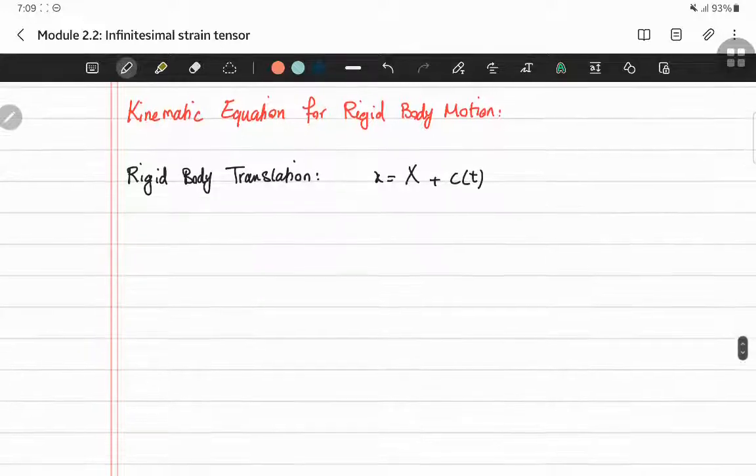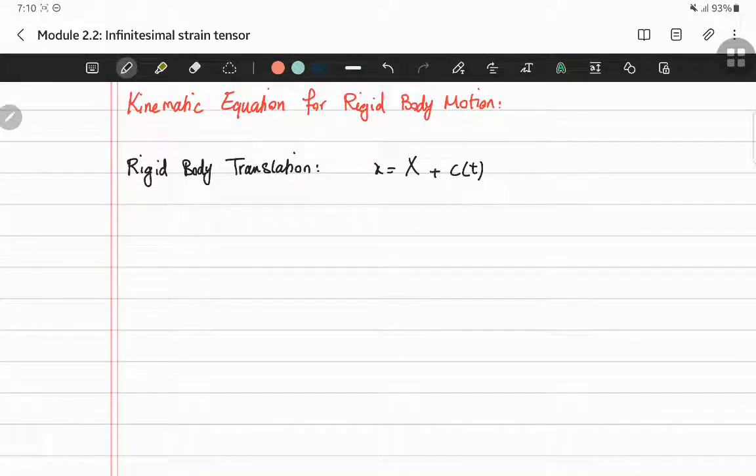So if you have the time t equal to 0, so this c is c at 0, or simply 0. So you have the reference and the current configuration on top of each other. And we can prove here that